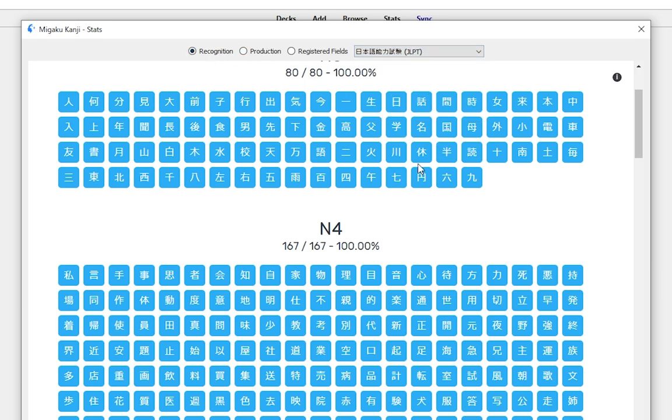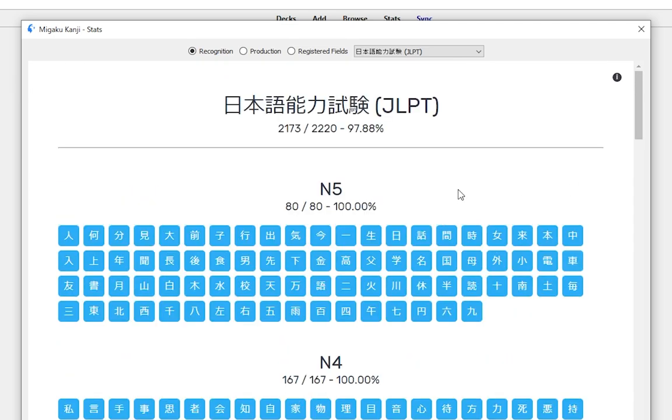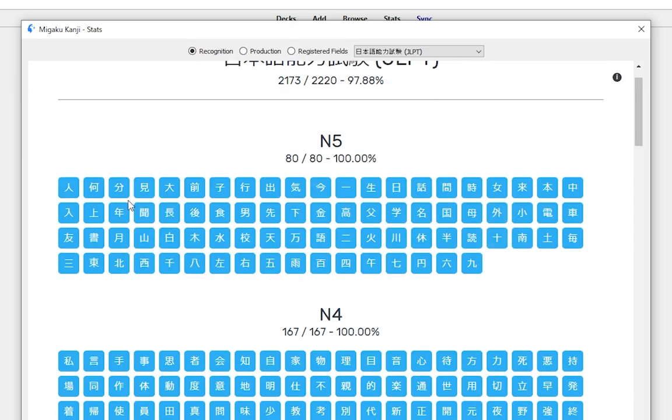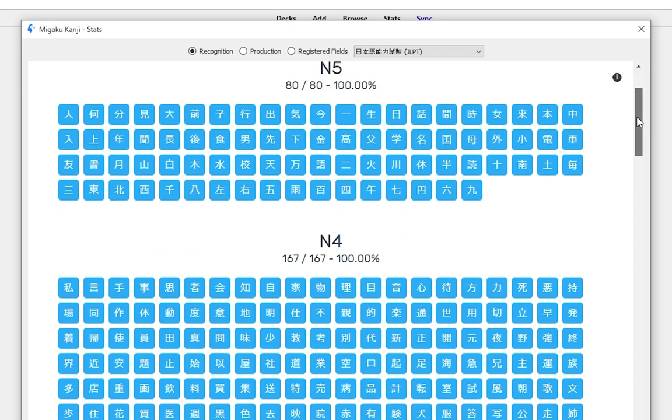So let's go back to recognition. Then we have the different colors for our kanji. Dark blue means this kanji is mature, meaning the card I have learned this kanji from has an interval of 21 days or above.